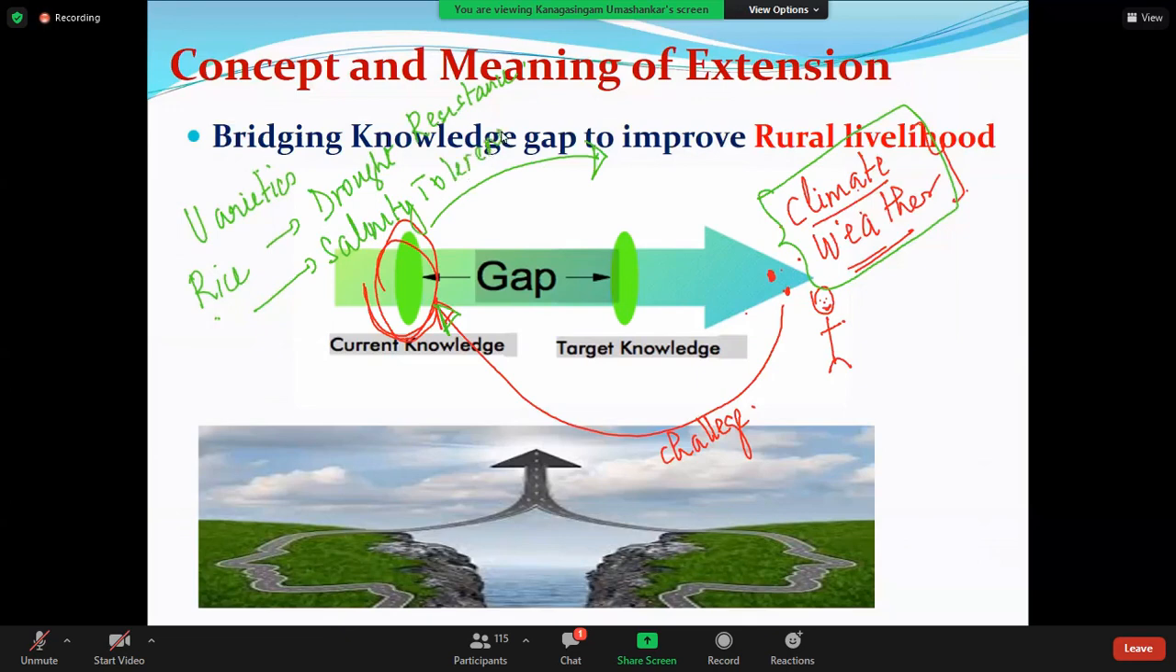Some rice varieties can be grown in submersed conditions. All rice can be grown in submersed conditions, but some rice can be grown in inundated conditions. What do you mean by inundated conditions? It means